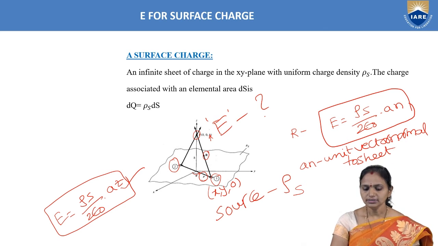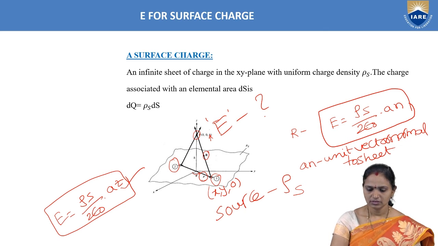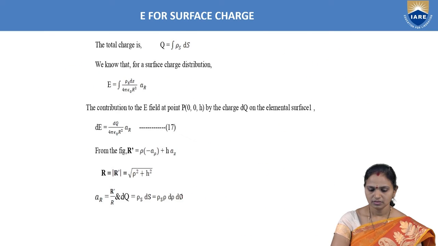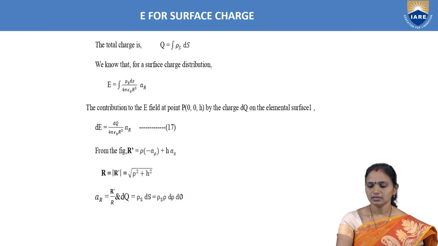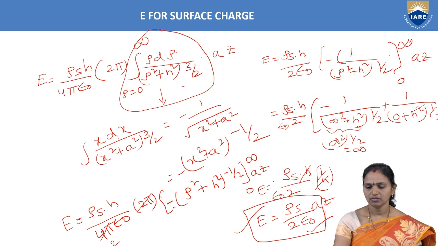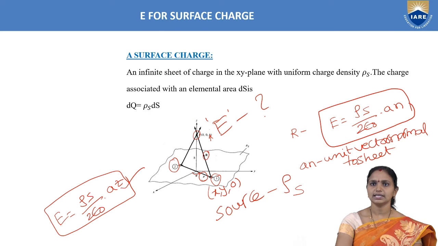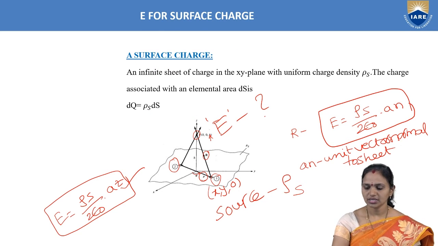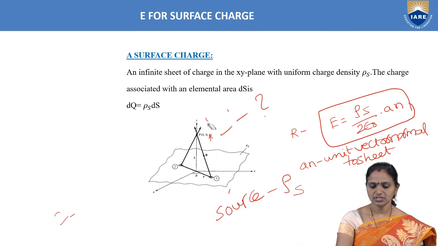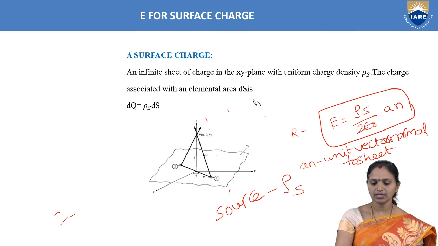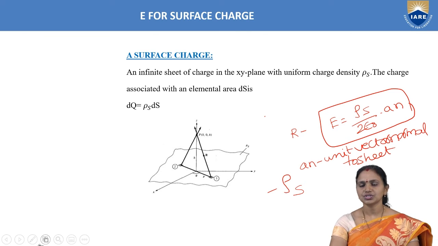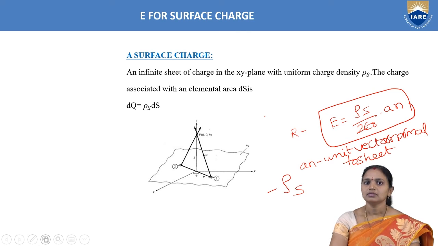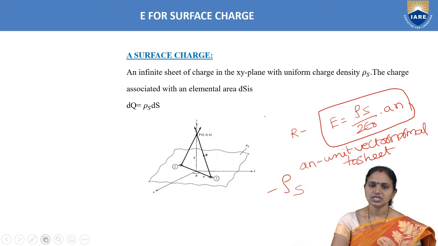So now this is the case. Same thing here, we will recall this entire derivation once. This is the surface charge case. In this case, we are trying to calculate the electric field strength. Now here, the important points you must keep in mind are which is the field point and which is the source point. That we must keep in mind.